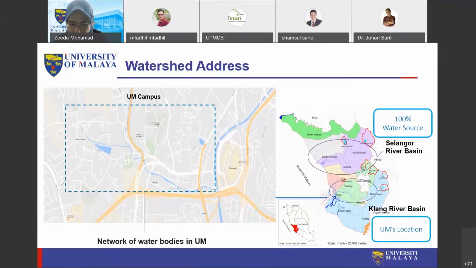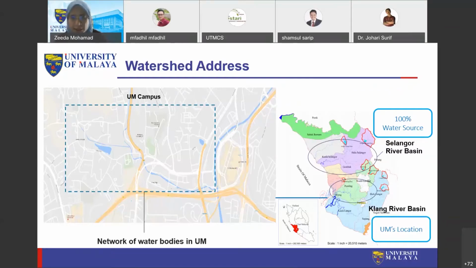Which is the main water vein of our capital city of Kuala Lumpur as well. So much of the impact of what we do on campus flows to the Klang River watershed. But at the same time, the community is also closely connected to the Selangor River watershed. Although the location is quite far from our campus, we obtain 100% of our water supply from the Selangor River. So we are depending on the Selangor River to achieve our SDG 6 for our campus community. Knowing our watershed address is very important, as we rarely know what rivers are flowing around us and where we get our water from. That makes it easier for us to communicate to our community our sense of responsibility and stewardship in terms of